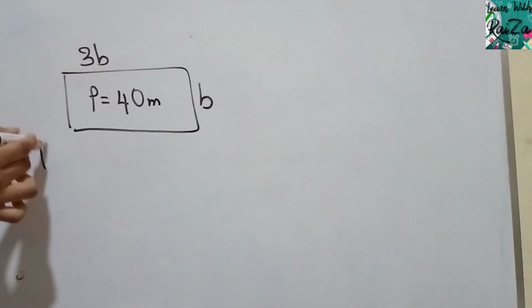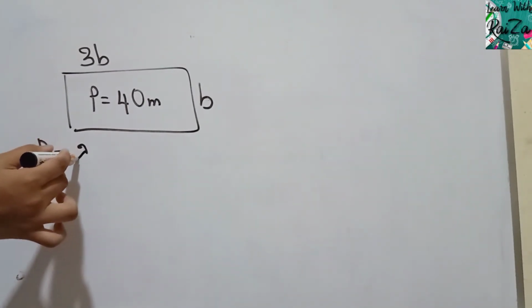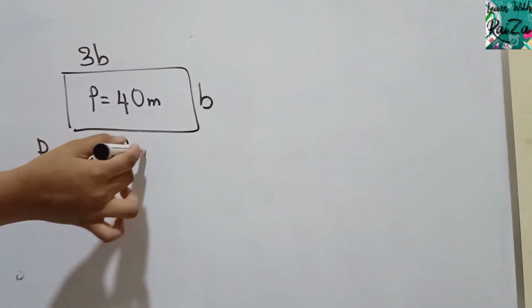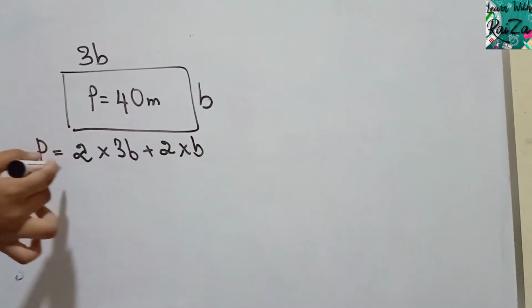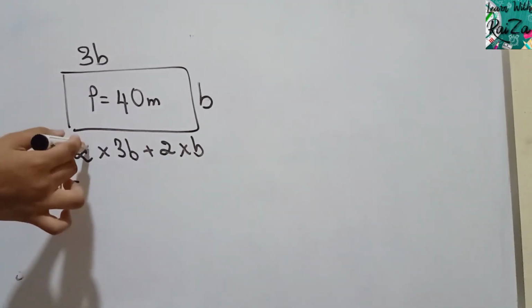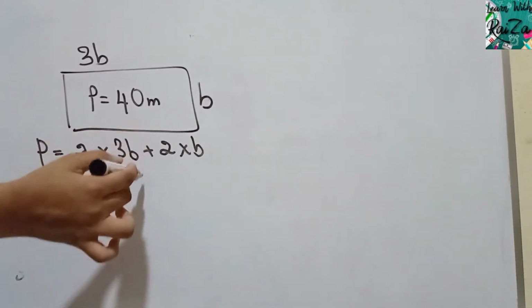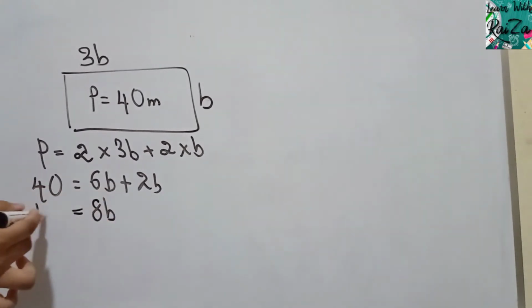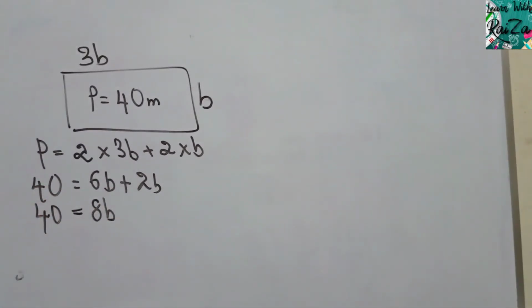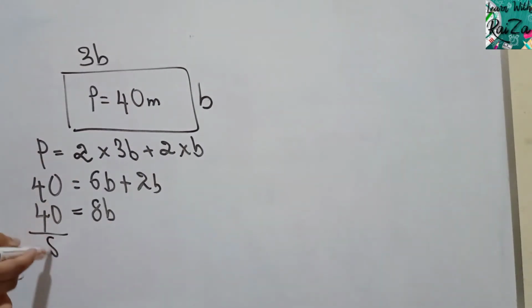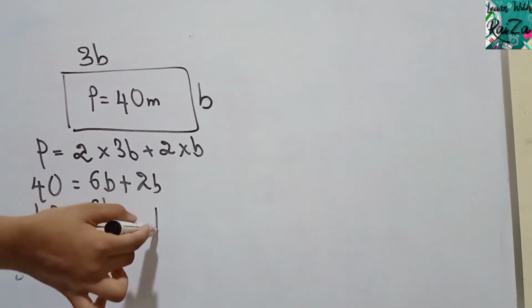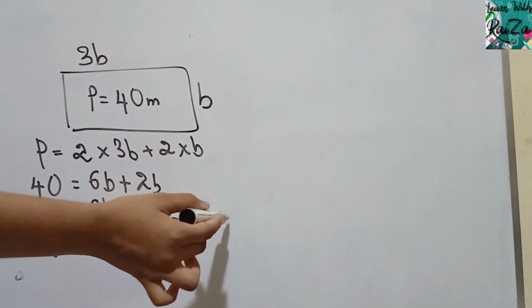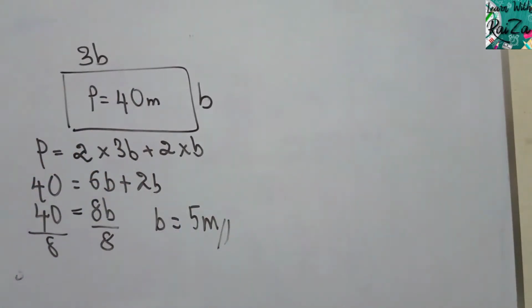So what is it? Perimeter is equal to, I told you in the beginning of the lesson, twice 3b plus twice b. The perimeter is given as 40 meters. Twice 3b will be 6b. Twice b will be 2b. 6b plus 2b, they are like terms, so 8b. 8b is equal to 40. But we need to find the breadth b, so you have to divide both sides by 8. Therefore, you get b is equal to 5 meters, of course the unit is meters. So this is the way of constructing a proper equation according to the given statement type problem.